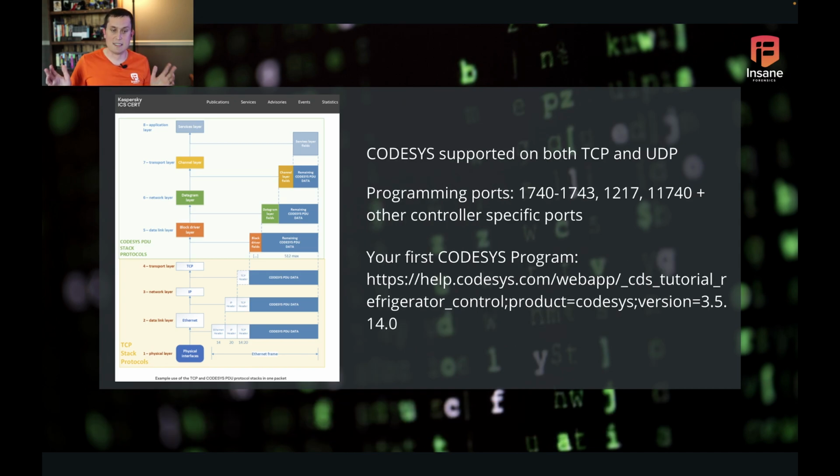So CODESYS itself supports both TCP and UDP. And if you look at that diagram on the left, it's the same package that just goes over the different layers, right? So, true to the OSI model, for those super familiar with it, they just tack on the additional headers as it goes down the layers. There are defined programming ports, and quite a few of them here: 1740 through 1743, 1217, 11740, and also some